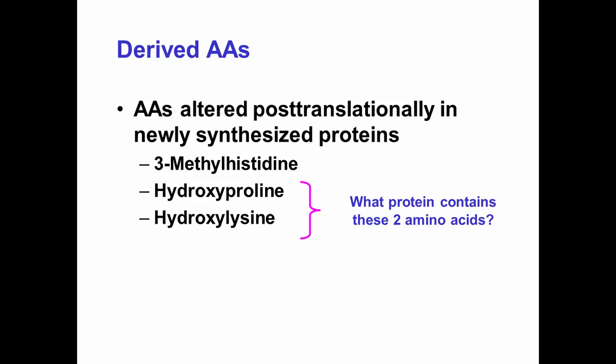So collagen's structure, I'll show you a picture in a second, is bolstered and absolutely fortified. This collagen is an immensely strong protein in terms of tensile strength. And it's because of these hydroxylated prolines and lysines that are at sequences in the structure of the protein that allow it to form a double helix structure. And it's really a strong protein.